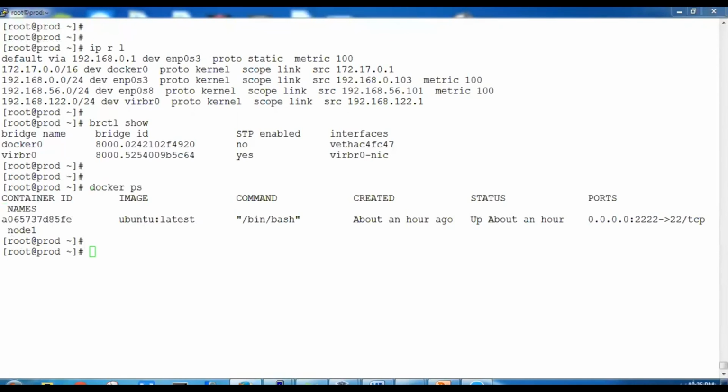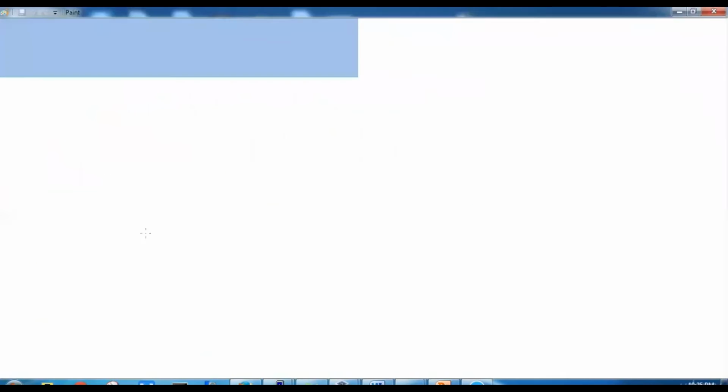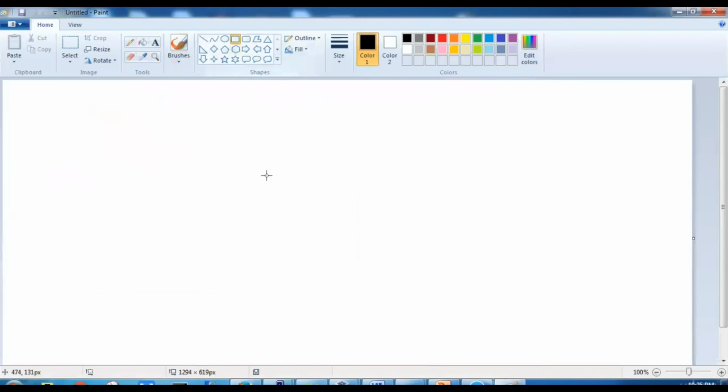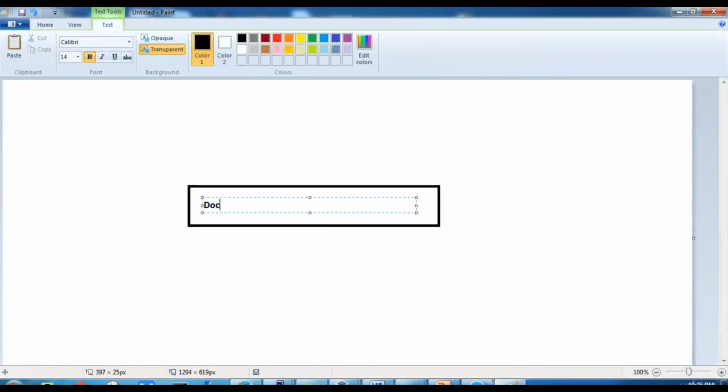All right. So now, how does this whole networking look? For that, we'll take the help of MS Paint to understand this. First we'll draw this, and this is our docker0 bridge.